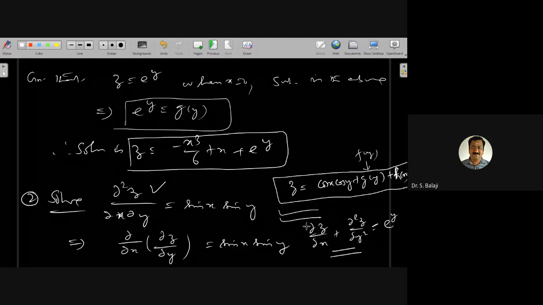But if you have a partial differential equation like this, a linear combination of derivatives, then direct integration is somewhat difficult. We cannot proceed this way. For this purpose, we are going to consider